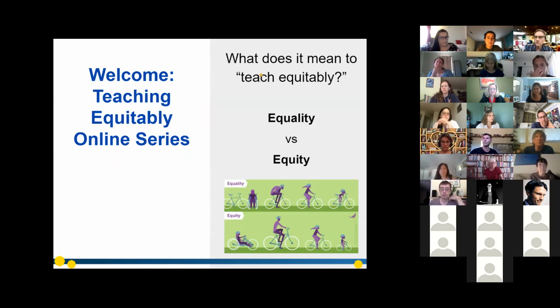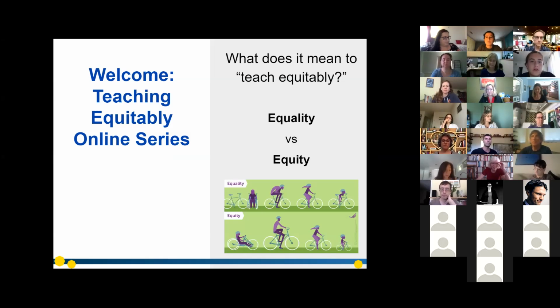So we've mentioned a few times that we're talking about equity and how to teach equitably and think about assessments equitably. And so before we dive into that, I just want to be really clear about these words and what they mean and make sure we're all on the same page. Oftentimes, equality and equity are confused and people use them interchangeably, but the definitions of these two terms are really quite different. When we think about equity, we think equity is something that we seek in order to ensure fair treatment, equality of opportunity, so making sure everyone gets opportunities, and the fairness to access for information and for resources